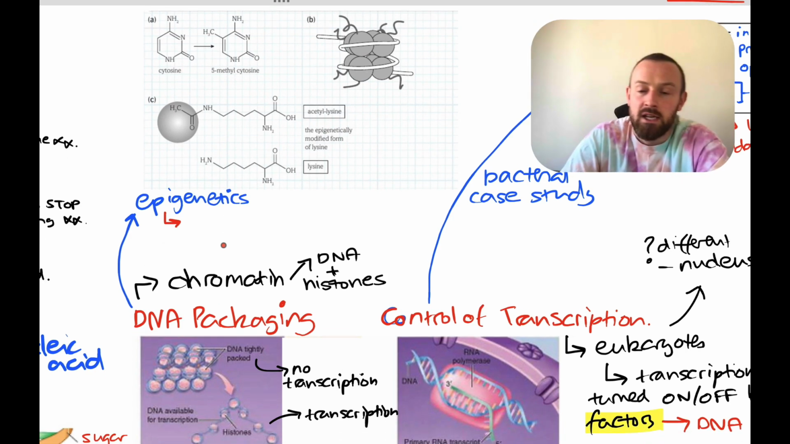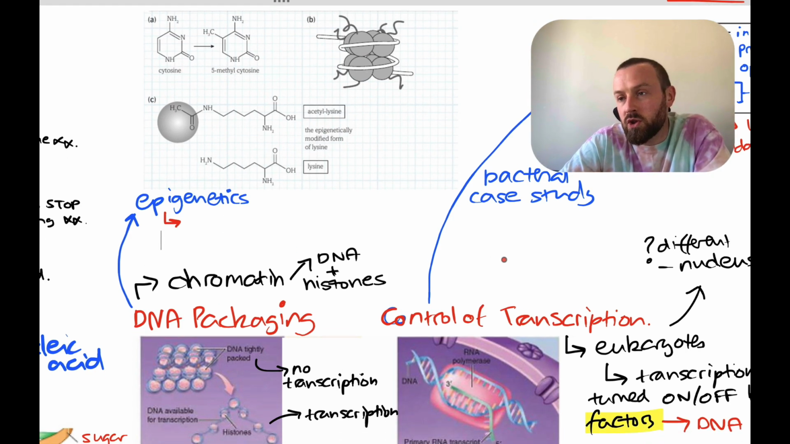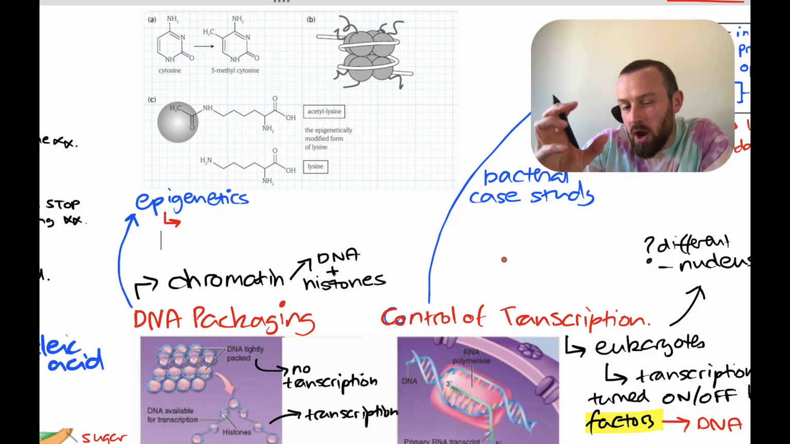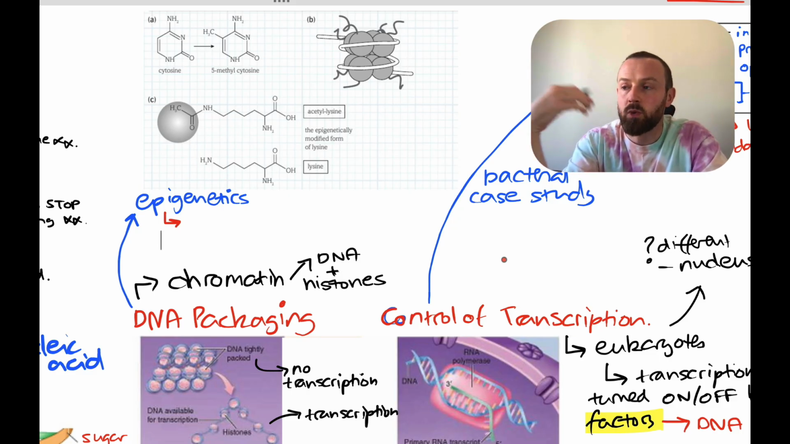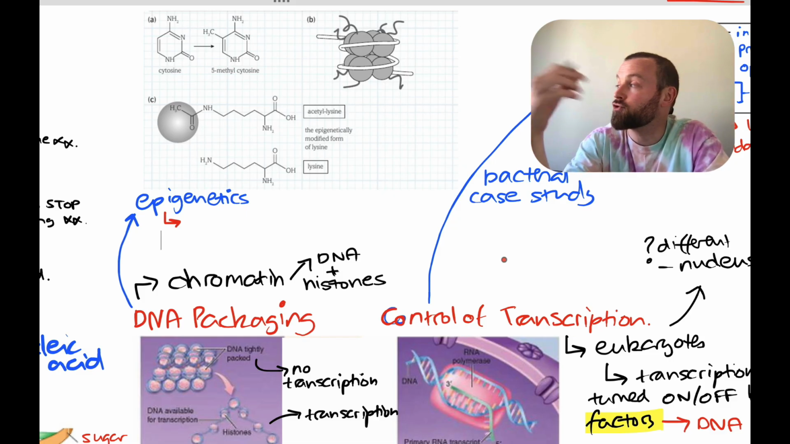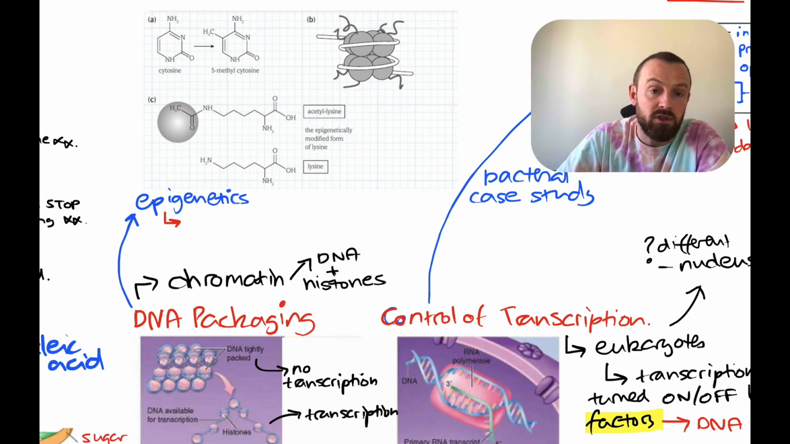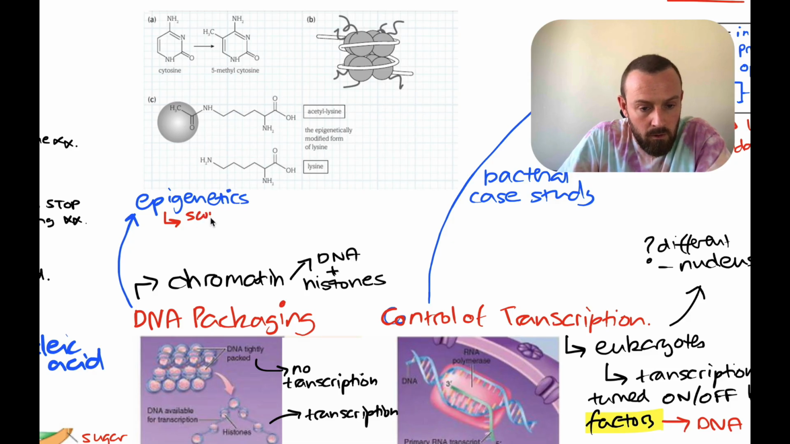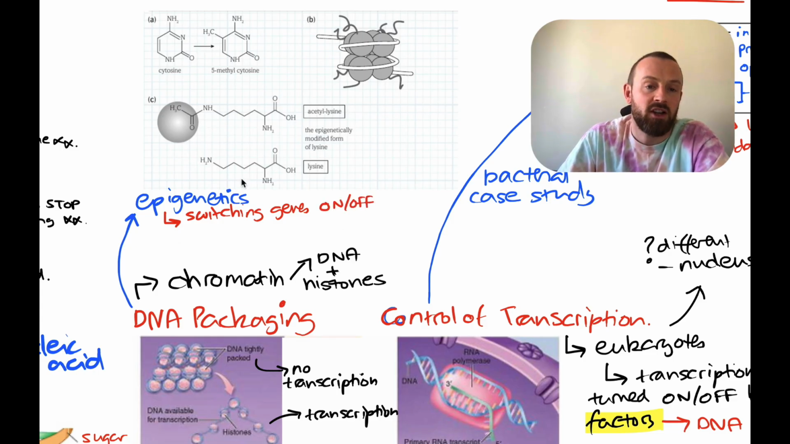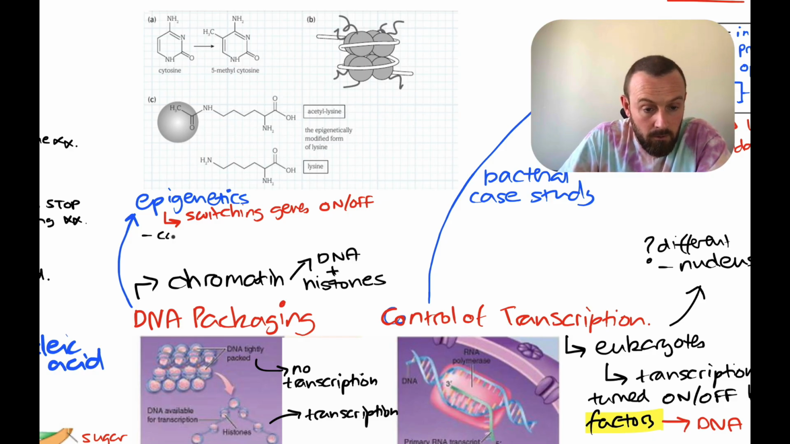So epigenetics is how genes can be switched on or switched off somewhat permanently, semi-permanently. This switching on or switching off of genes can control differentiation. So let's just call epigenetics switching genes on and off in a semi-permanent fashion. So this can control differentiation